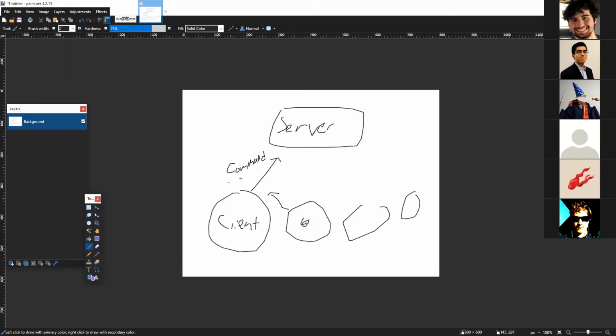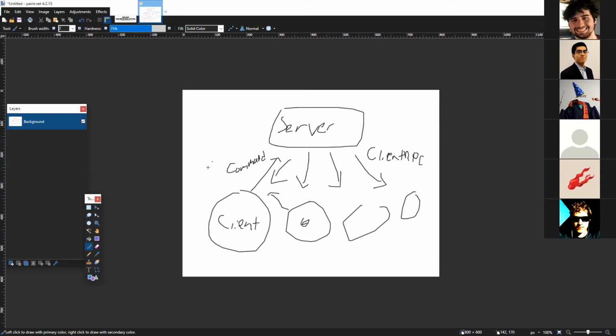Okay, so you have the command that goes to the server. The client says, hey, I want to do something, and the server's like, okay, I'll do it. After the server does whatever the client told it to do, it'll usually do a client RPC, which is going to all the other clients. So client RPC is the server telling every client's copy of that player object what to do.